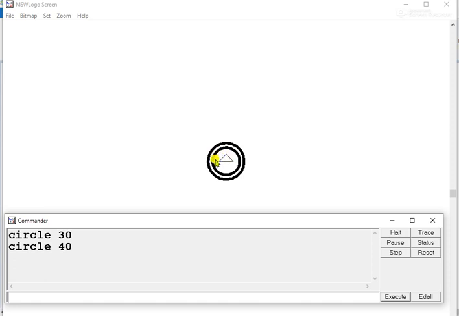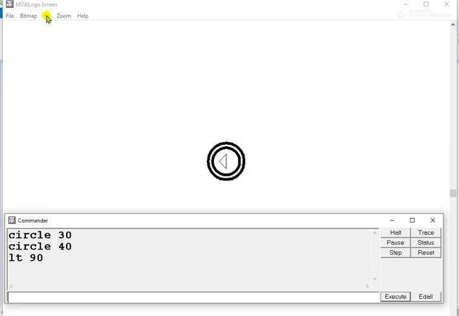So I'll move it towards left. How to move it? Write LT. L means left, T means turn. So LT 90. Now look at the head. Now it is pointing towards the left side and it is in a position to draw a horizontal line.